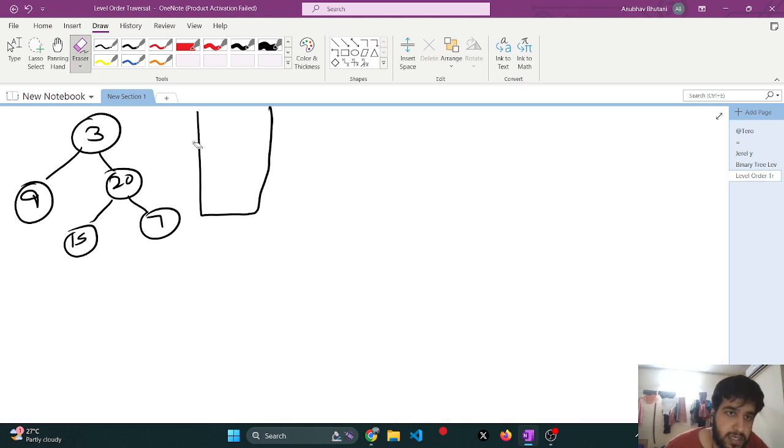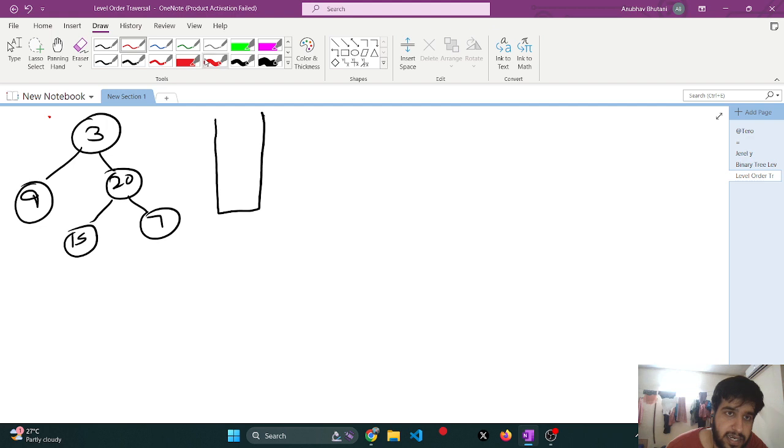This is my queue, and I am currently at my first node. So what I'll try is I'll first just put it in my queue because it is forming level one. Okay, I'll put it in my queue. As we are finished with level one,